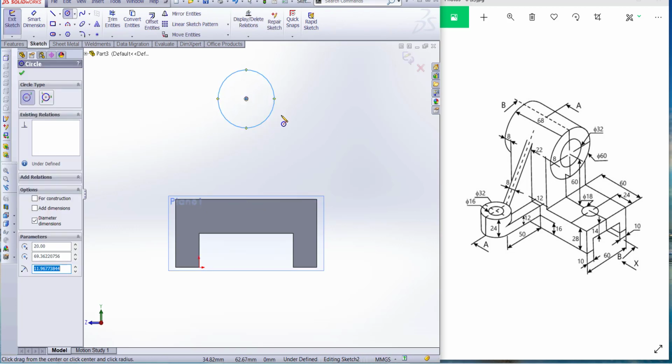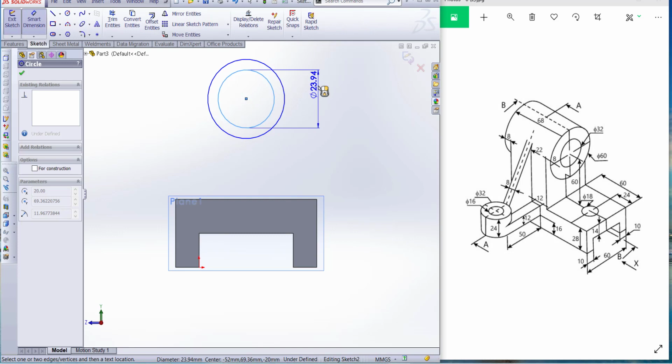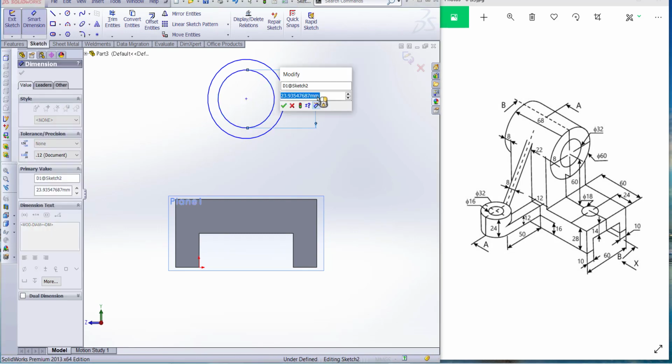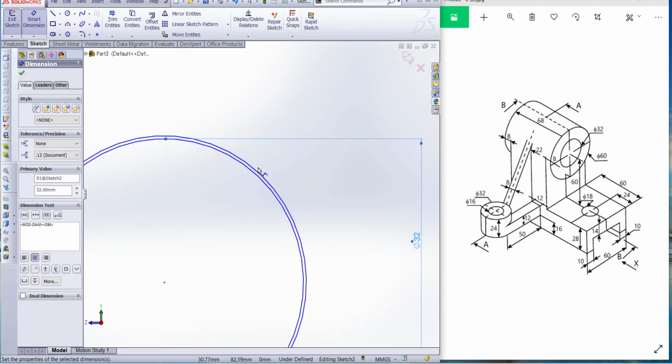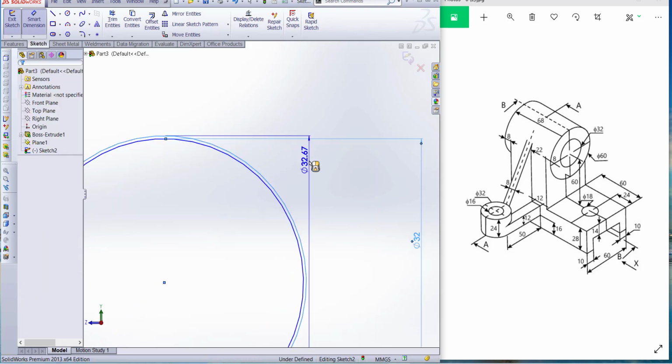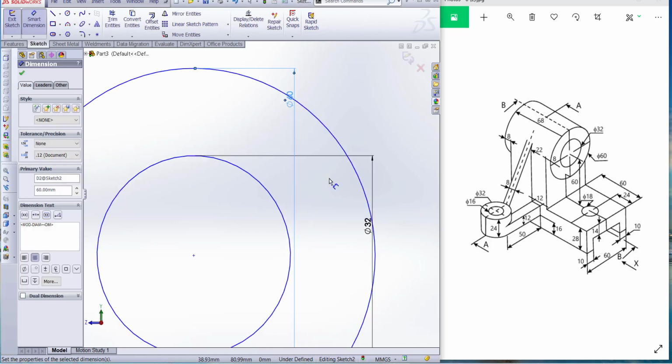Let's draw two circles, and now dimension, this circle is 32 millimeter, and the second one is 60 millimeter. Okay,